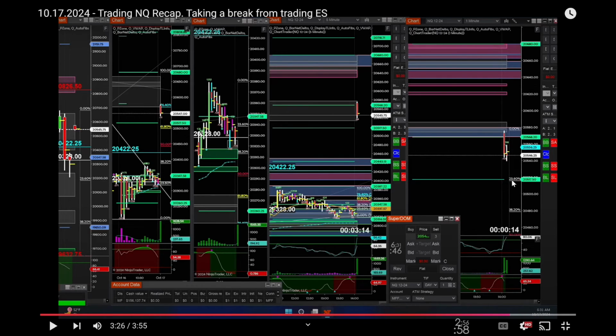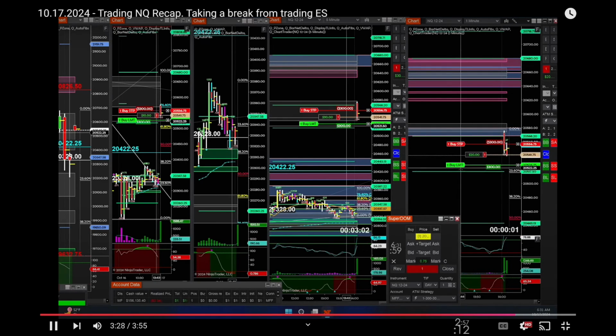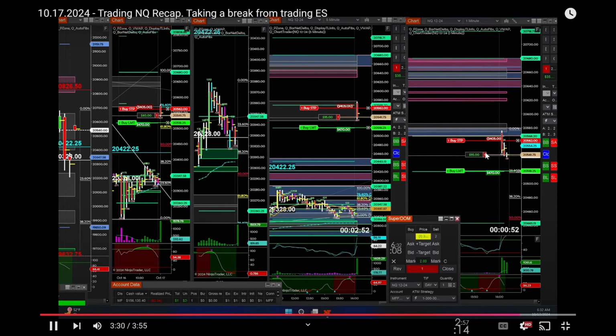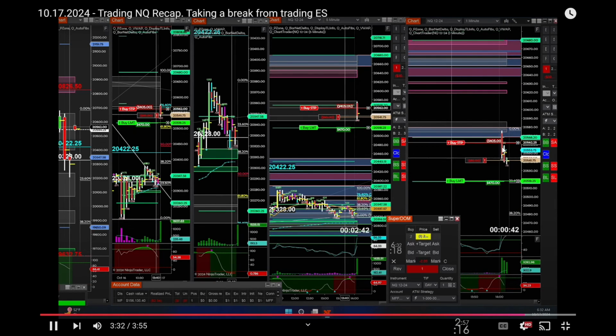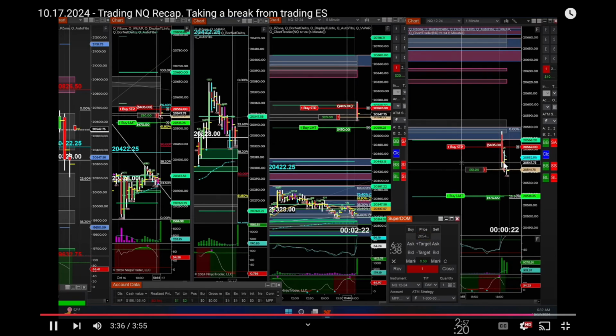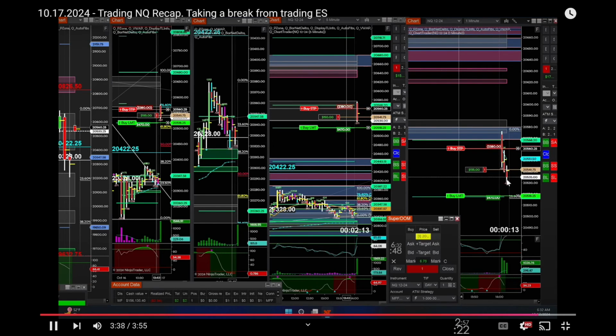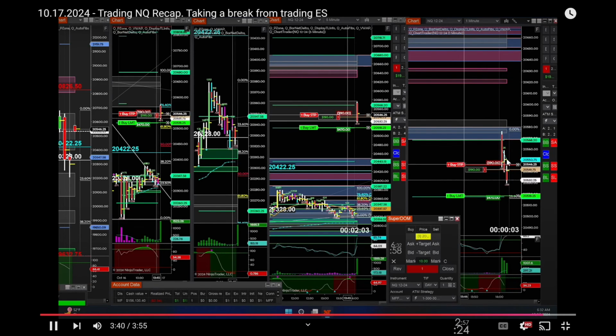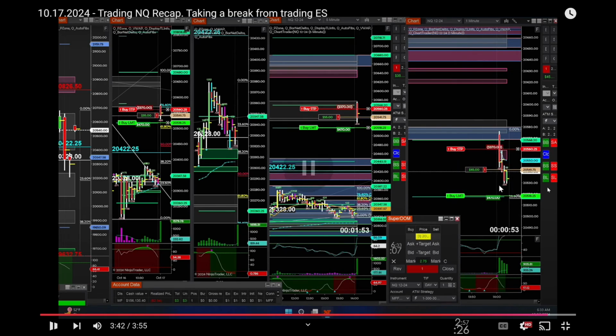My target will be just right here on this pivot area, and it happens to coincide with the 23.4 retracement. There you go, I took it as a short. I moved my target down here. My stop will just be above this candle right here. Now, I think this 1 minute decided to come back and try to retest this. Okay, so let me stop here one second.